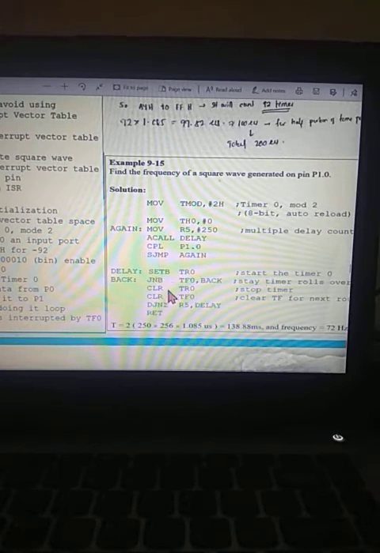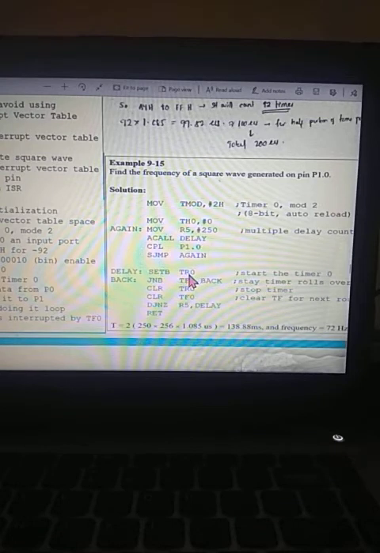So here you can take the example of 9.15. In our previous discussion, we observed JNB TF0, back. That means the same thing: SETB TR0.